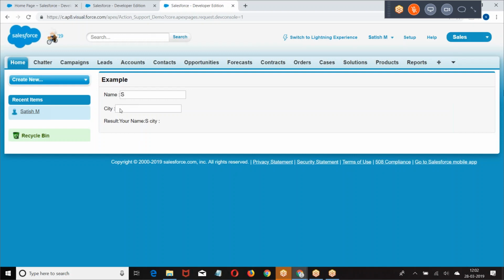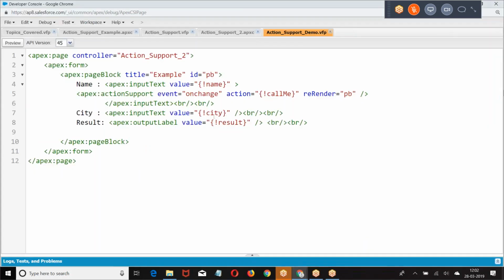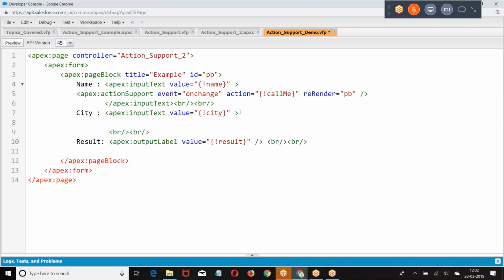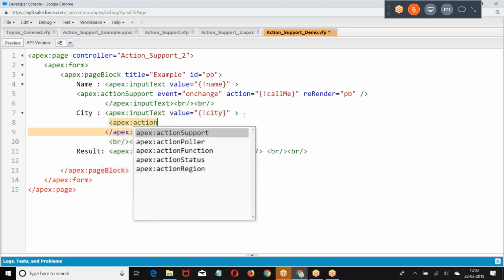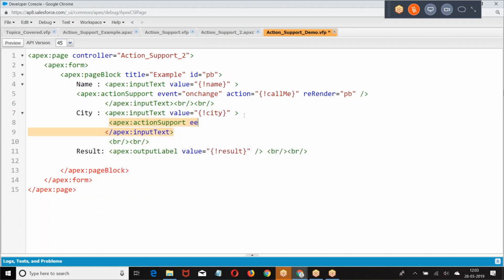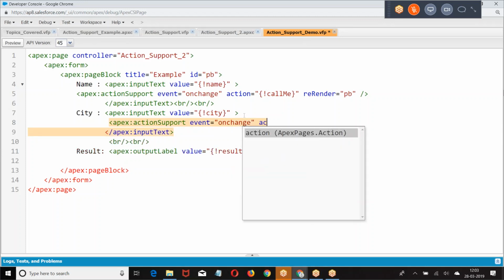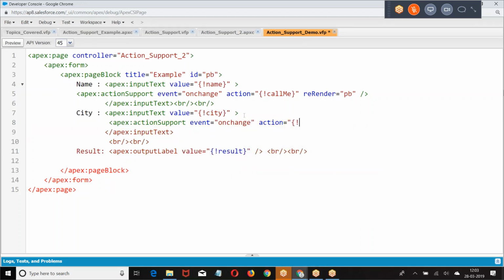Now even on this I want to perform a second element. Then how will I do it? Change, action.